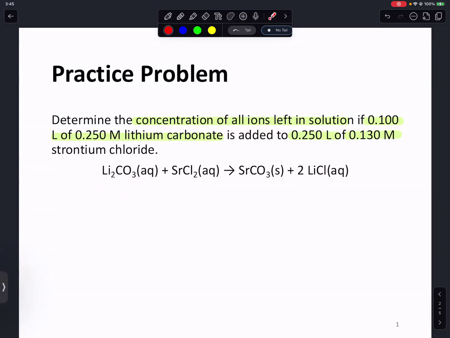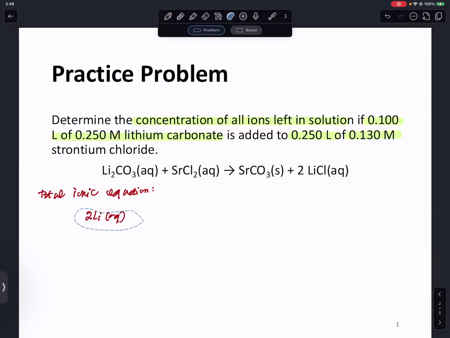Now, we need to write the total ionic equation. And why do we need to write the total ionic equation? To be able to determine our spectator ions. So let's write it together. Starting with the total ionic equation, we have here 2 lithium